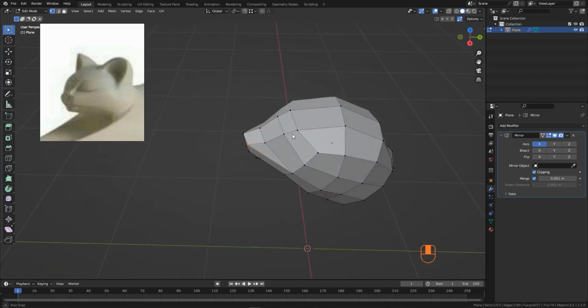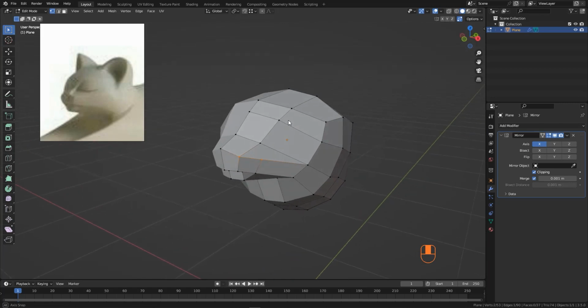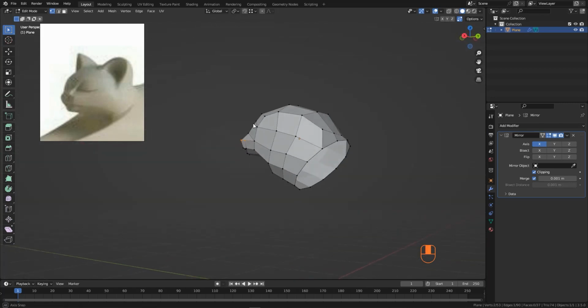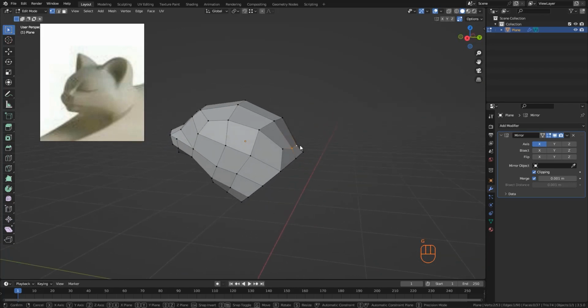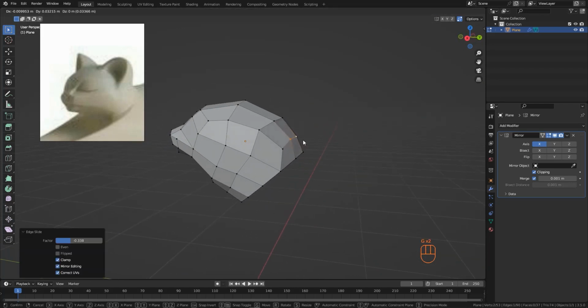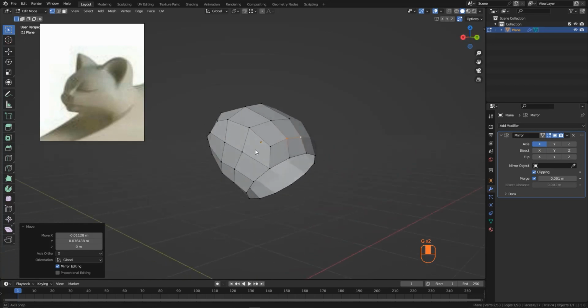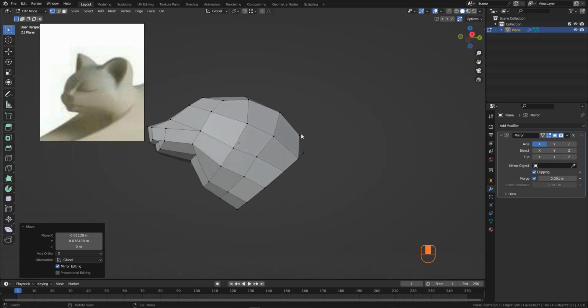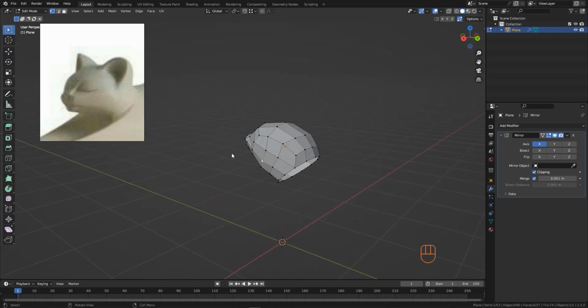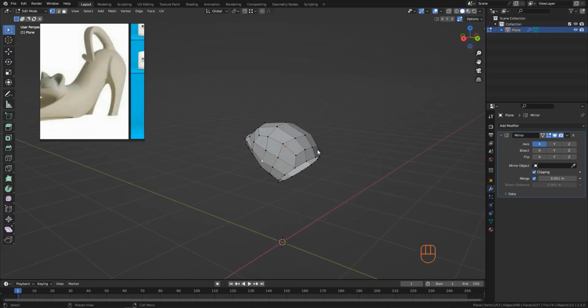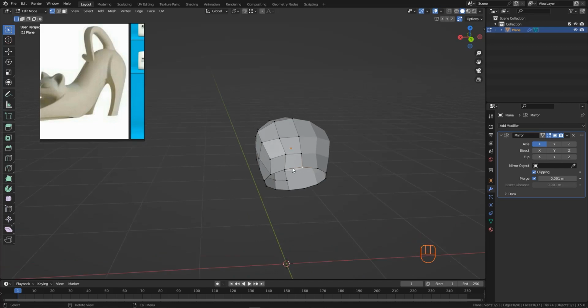All right. Now we got this result. So this result will be the head. Now let's focus on the body. Let's see how we can create the body. Don't worry about the details for now. All right, for the body, maybe we can start